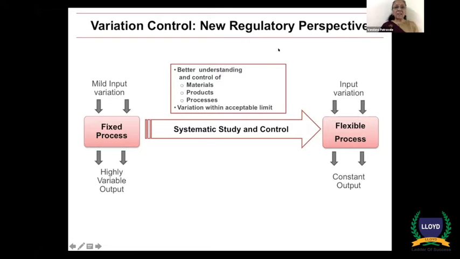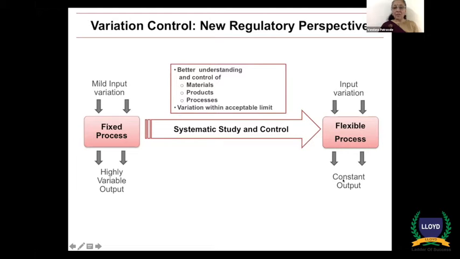The new regulatory perspective says that you need to control the materials which go in the process. You need to know the absolute ins and outs of the product you are going to process, and also know in depth the processes which will be utilized to manufacture these products using quality materials, and therefore keep variations within acceptable limits. So now this has shifted. There's a paradigm shift. Now you have a flexible process,